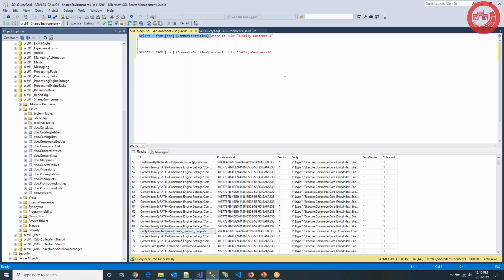Sharding the commerce entities means you can scale up, like you can remove a few of the entities. For example, if the order and customer information is getting huge, then you can remove the customer's information from here,